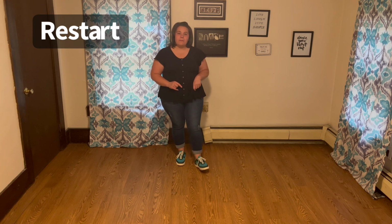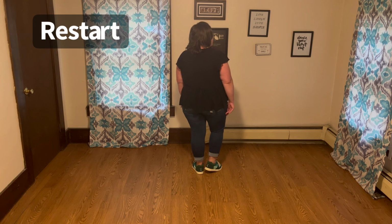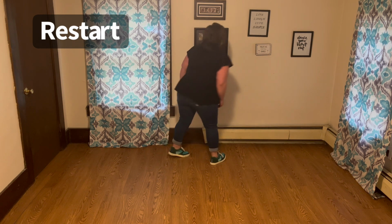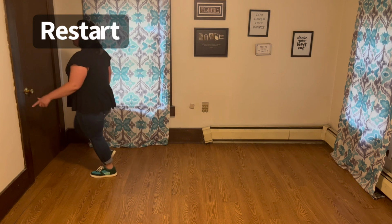So now let's turn to face the front. We're going to do it one time through with steps, one time through with counts. Weight is on your left foot. You're rocking your right foot to the side. Rock, recover, quarter, sailor, step, half, sailor, step, kick, ball, change, hop and touch, hold, hop and touch, hold, step,